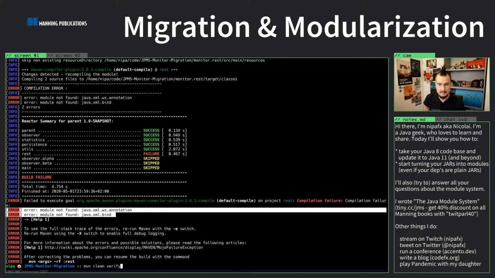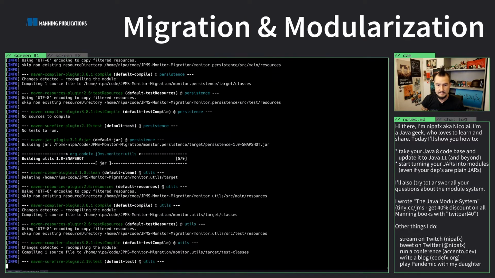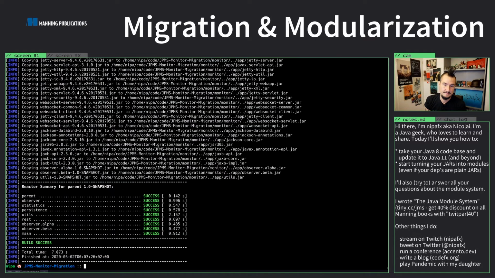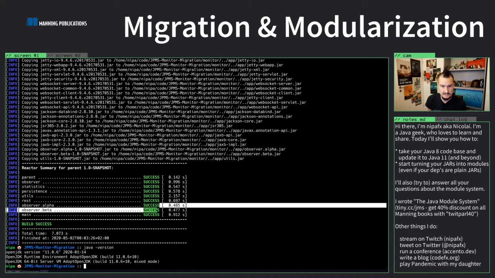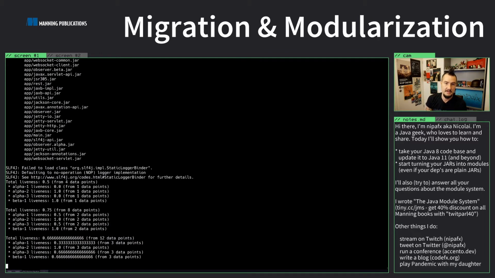Okie doke. That should work now. It does. Now Java version says we're on 11, so let's run this. Hey, we don't have to add the module anymore. Isn't that cool? It just got smaller, and this works. Great, and if you look at the endpoint,